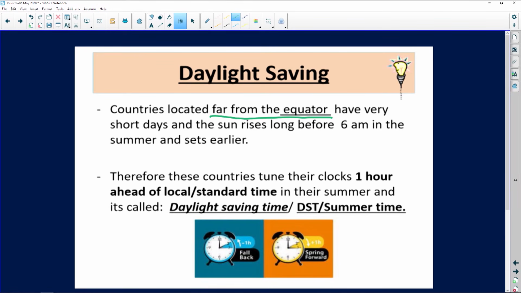They have short days, and the sun, this is very important, rises long before 6 a.m. in the mornings, and it sets earlier in the afternoons. So guys, these countries really need to utilize available sunlight during business hours in their summer months. The word summer is very important. So countries that do apply daylight saving time are those countries where the sun rises earlier in their summer mornings